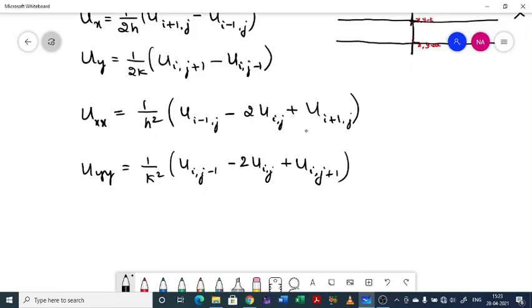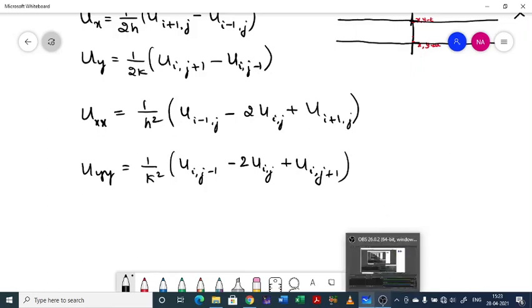Here we discuss numerical solution of three important PDEs, as I mentioned repeatedly. One is the one-dimensional wave equation, the one-dimensional heat equation, and finally the two-dimensional Laplace equation. In the next class we shall discuss how to find the solution of the one-dimensional wave equation. This is just the introduction to numerical methods for PDE.